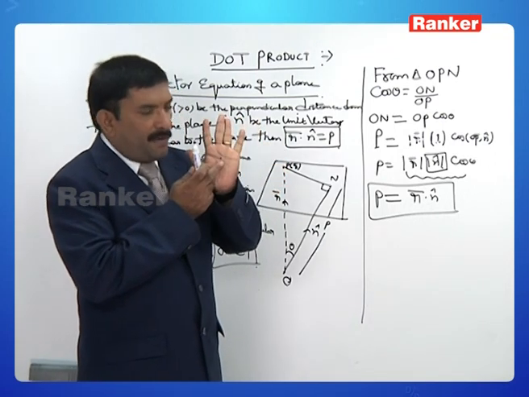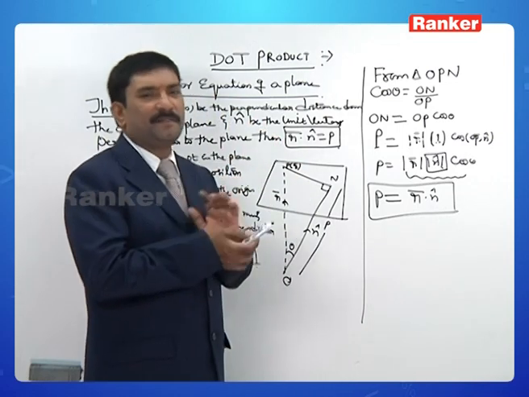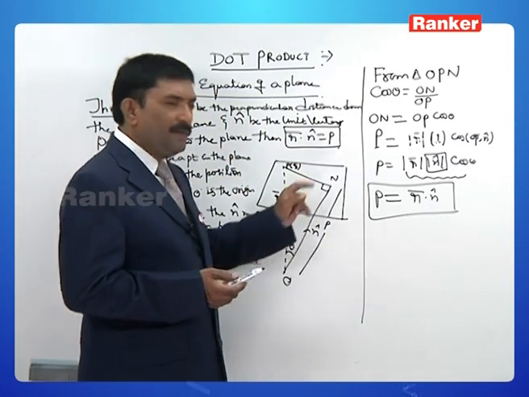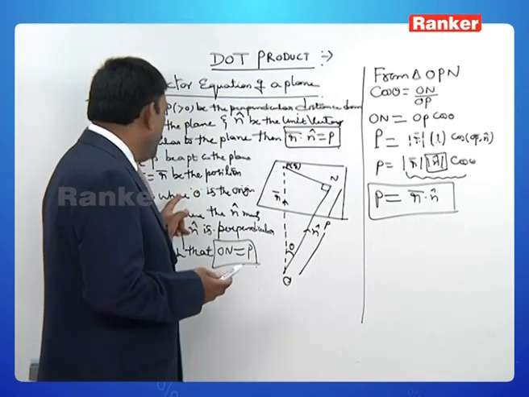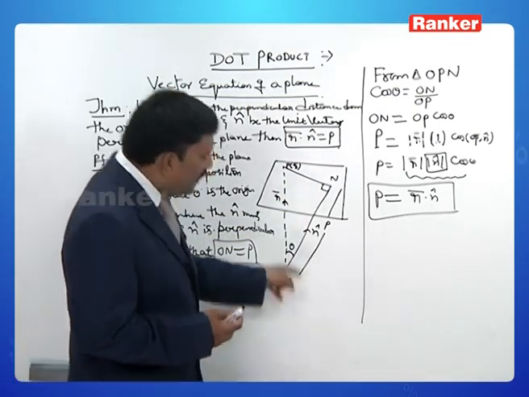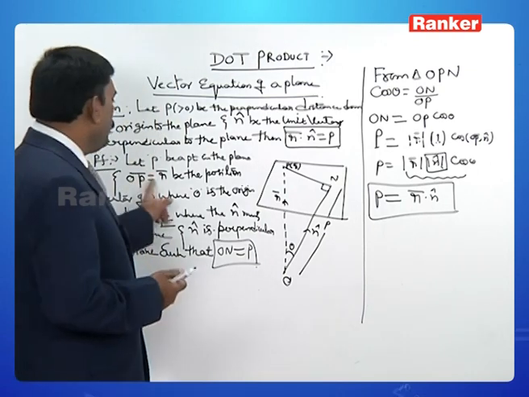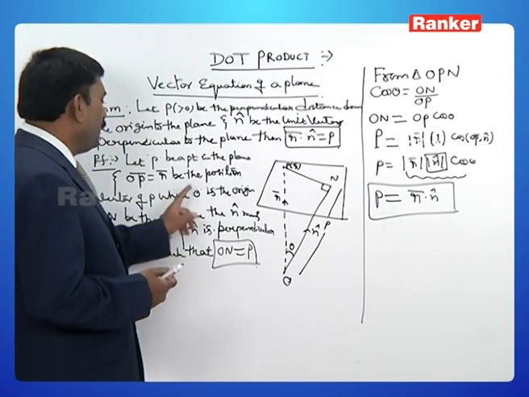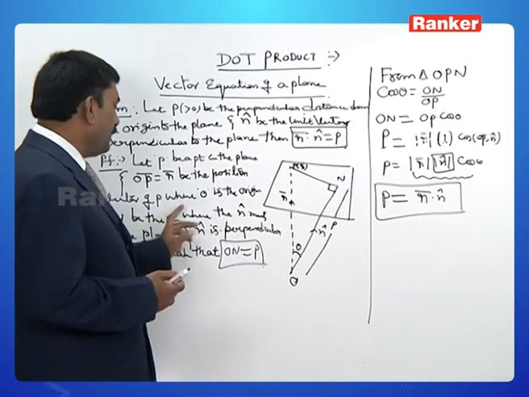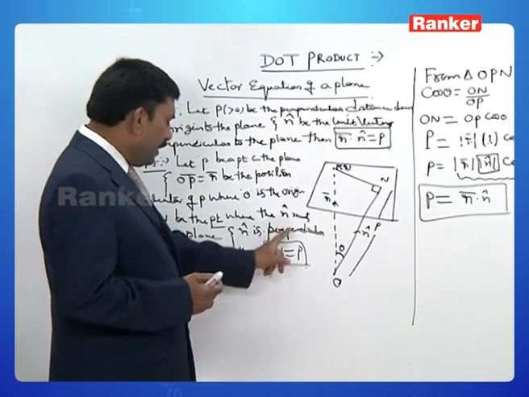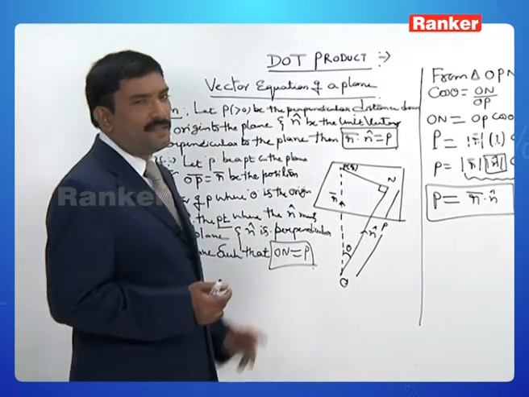That meeting point is nothing but N. So therefore, now n cap is perpendicular to the plane. You can very well observe and take this distance as perpendicular distance P. So therefore, OP bar be the position vector of P where O is the origin and N be the point where n cap meets the plane and n cap is perpendicular to the plane